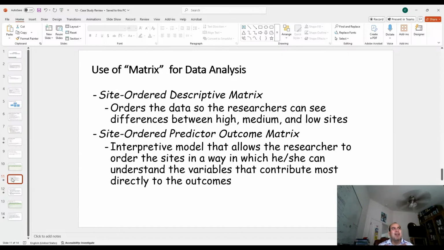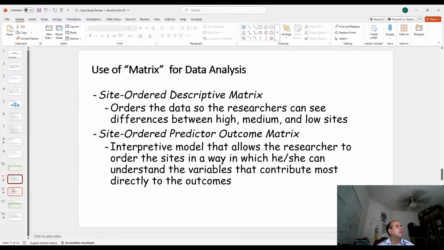Maybe you organize them based on those that are highly resistant to change versus low resistant to change. Then you may have to reorder them if you're looking at how they communicate with the district office, those that have good communication with the district office and those that have low or bad communication. You reorganize them based on what you're looking for, and you can reorganize them many times, to be able to ultimately look at comparisons across all of these different